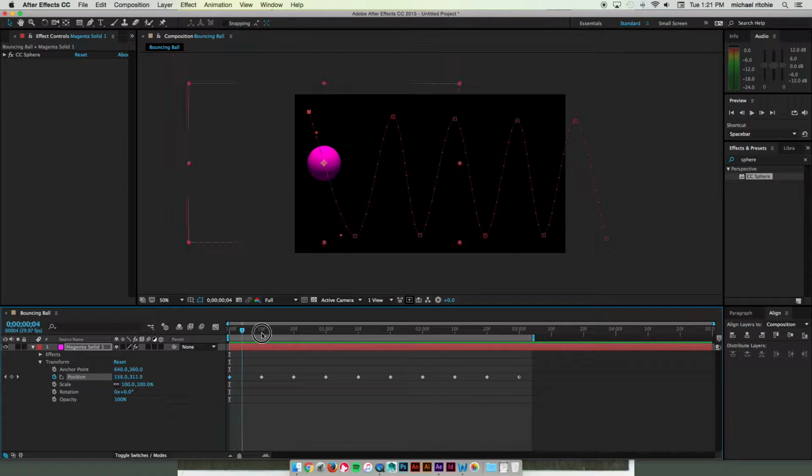So for instance, on this keyframe right here, Easy Ease In would make it go slower as it's moving up, Easy Ease Out would make it go slower as it's moving down this way. And applying the Easy Ease will do both. So it slows down, stays slow, and then gains speed as it goes down. So since this first keyframe doesn't have anything leading into it, the proper choice here would be to apply